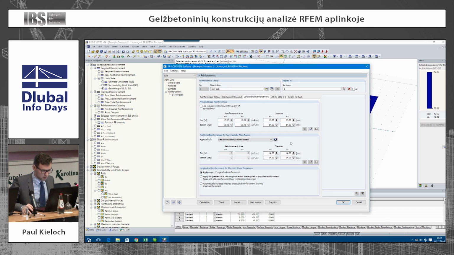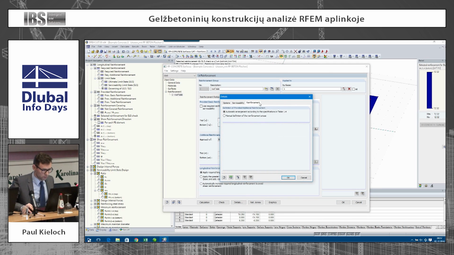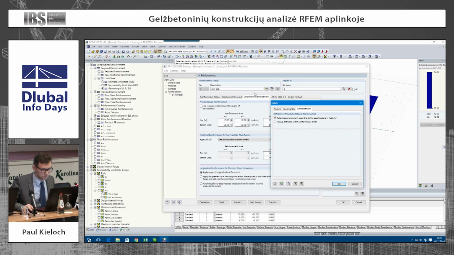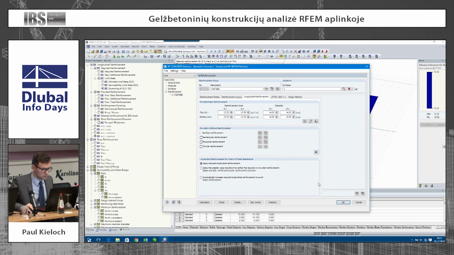To change the dialog for these entries, I just have to go here on the details, and then you find reinforcement. There you can switch from the automatic arrangement according to specifications in table 1.4, that's this table here, to the manual definition. So I change to the manual definition here, and if I click OK, you see how this